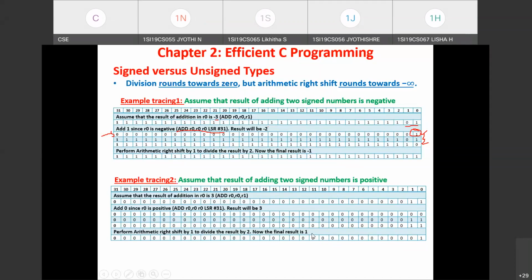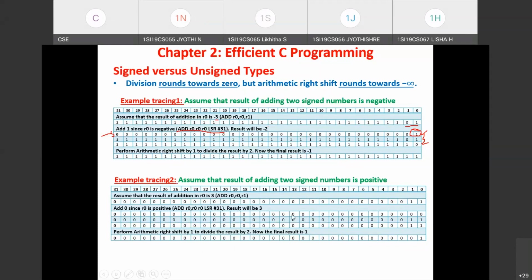It is correct. Whether you perform normal division or arithmetic right shift, the result will be the same. But when it comes to a negative result, if you simply perform arithmetic right shift, the result will not be correct. So the compiler does some correction. If it is a negative result, it inserts one add instruction, that is, 1 is added to that result, and whatever result you get after adding 1 is taken for arithmetic right shift. So this is what you have to understand here.